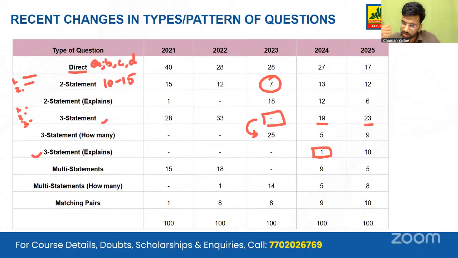A serious aspirant must have practiced these type of questions, because you have to read a lot in these type of questions. You are given 3 statements, then you are given 4 long statements in options, and you have to read a full paragraph in order to arrive at the answer. And this year UPSC has asked 10% questions like this only.